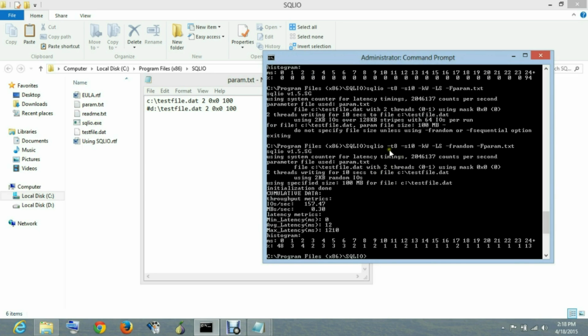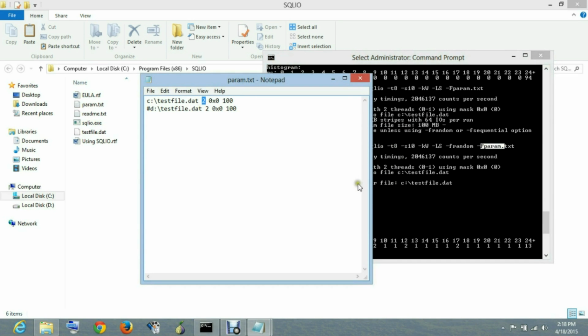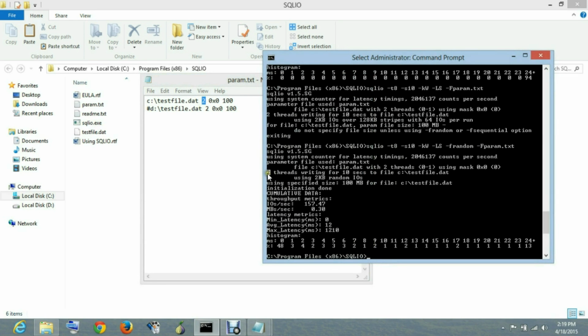Yeah, here we can see the number of threads that we have specified is 8 threads, but inside the parameter file what we have specified is 2 threads. So in execution we can see that only 2 threads are running. What this means is whatever parameters you specify in your parameter file override the initialized parameters that you give in the command. So all the parameters given in the parameter text file replace the parameters in the command, and the number of threads executed is 2.